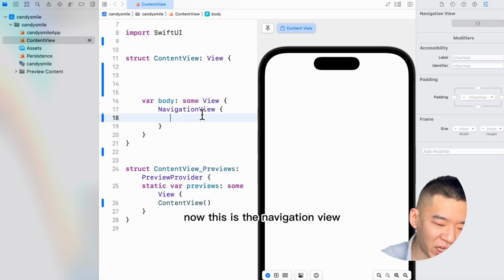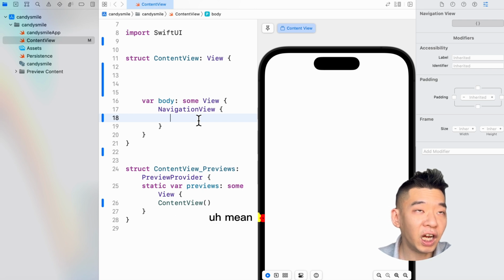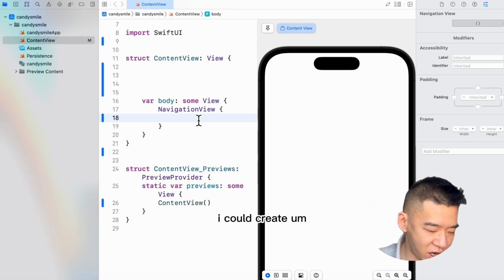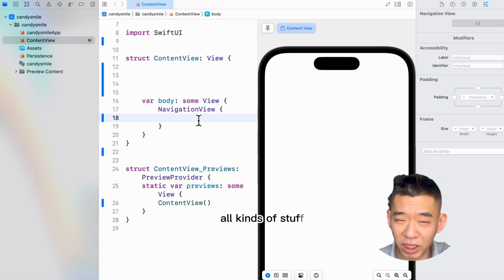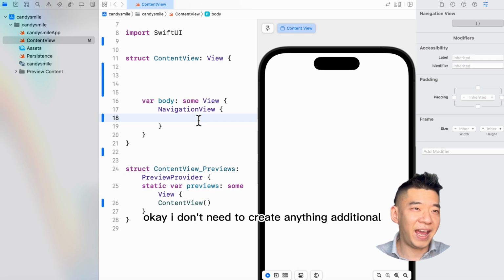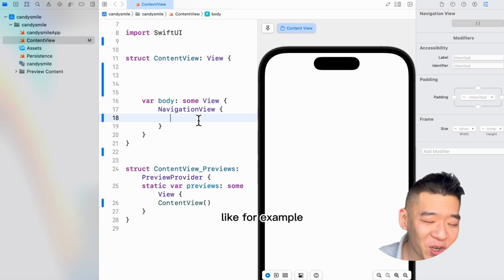Okay, now, coming back. Now, this is the NavigationView. NavigationView means I could navigate within the view itself. Meaning to say I could create buttons, I could create all kinds of stuff, you know, and then navigate within it. Okay, I don't need to create anything additional. It's the same thing, like for example,